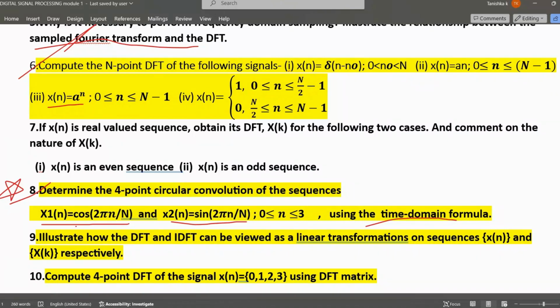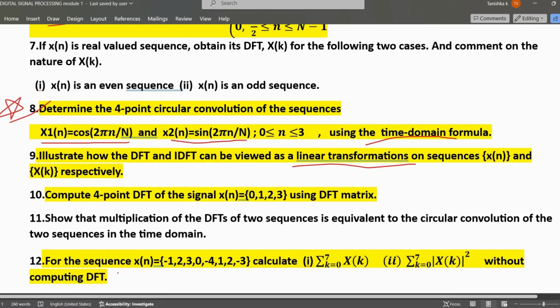Next, the ninth one: illustrate how the DFT and IDFT can be viewed as linear transformations on sequences x of n and x of k respectively. So this question is about the linear transformation concept. Okay. Next, the tenth one: compute the 4-point DFT of the signal x of n equal to 0, 1, 2, 3 using the DFT matrix. Here also they have specified which method you have to